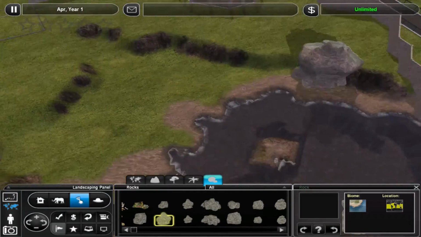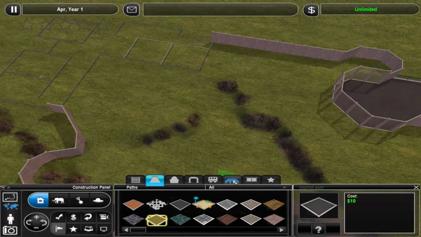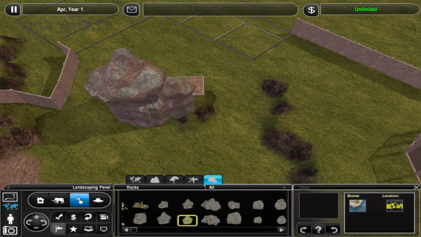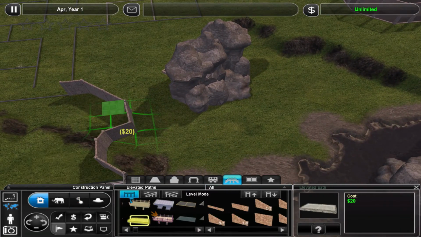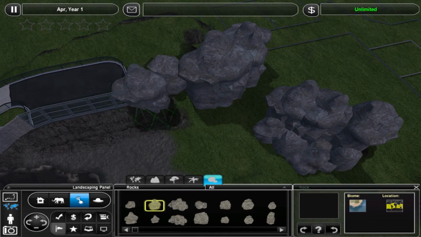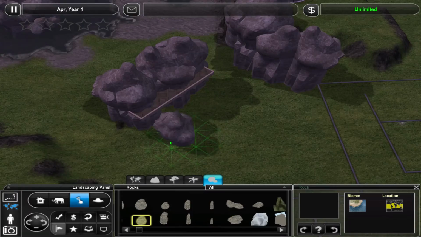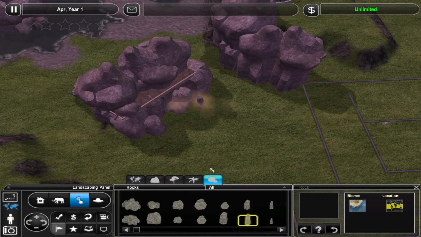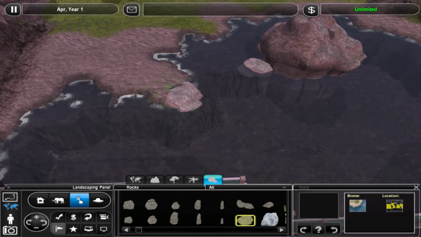But okay, so I think the viewing areas are done, and now you're gonna see something really awesome. I made it a really rocky exhibit because all of the pictures I saw on the internet about the polar bears were like always a rocky exhibit, almost no grass, no trees, like nothing. Rarely I see